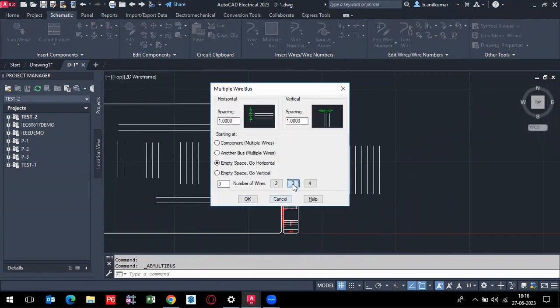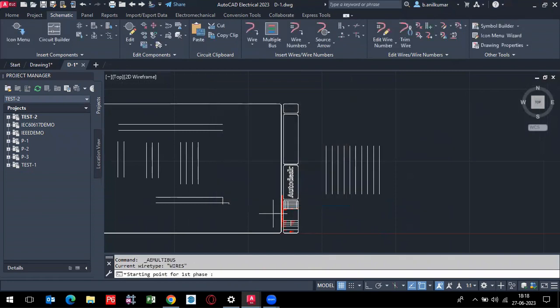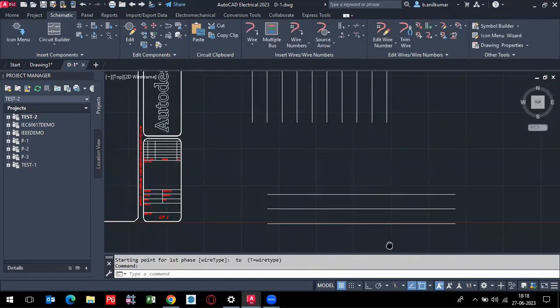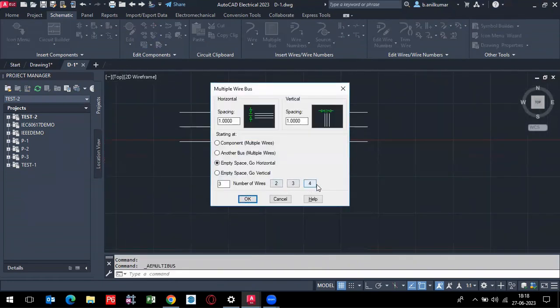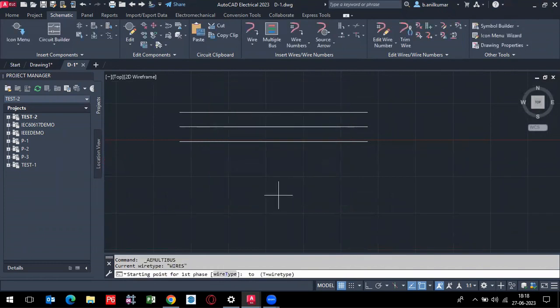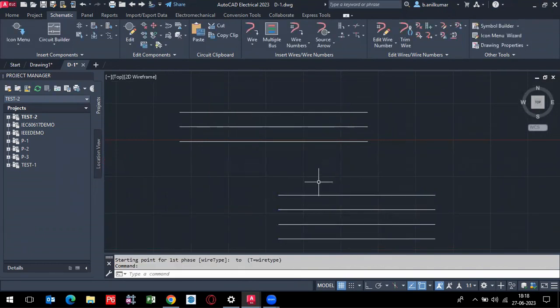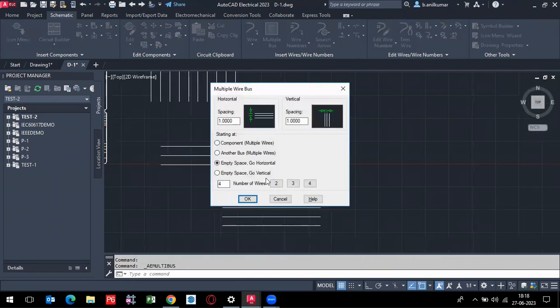If you require 3, just click and you can start and specify the first and second point. If you require more than that, you can select the 4, click on OK, and you can draw 4. So that completely depends on the requirement, you have to select either horizontal or vertical. So if you are looking at horizontal to vertical, just an example you can